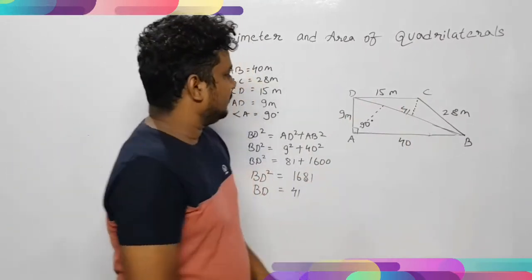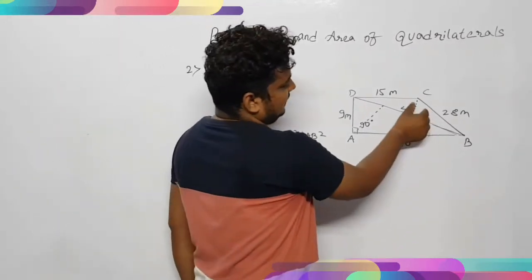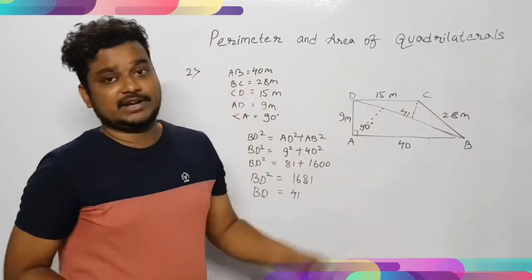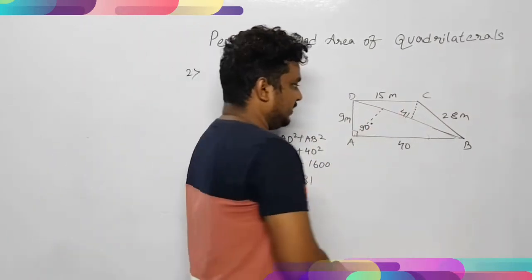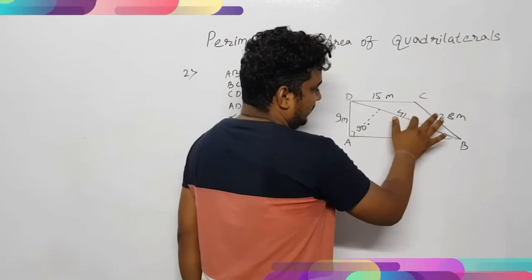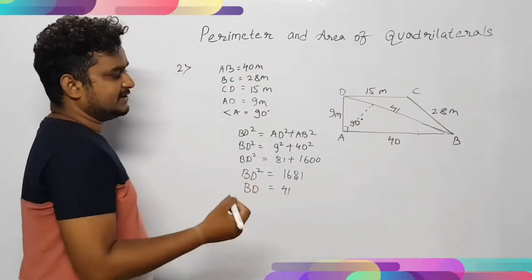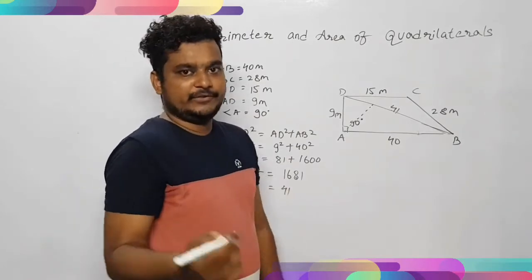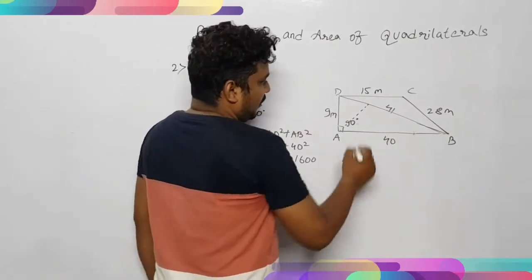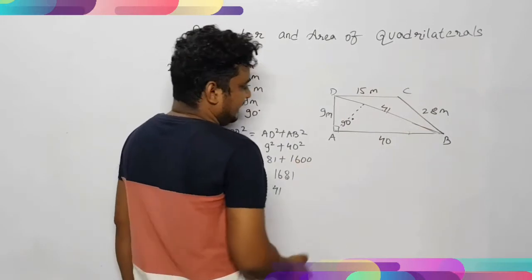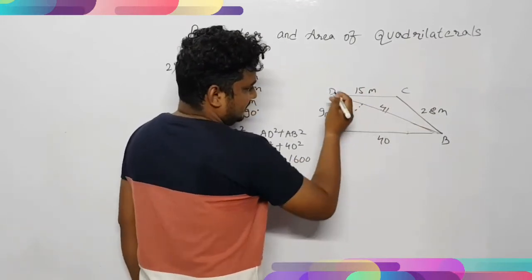In this particular question, it is not possible to find the height in the earlier stage, because we have insufficient data. So instead of finding this height, we will use Heron's formula, which we studied in the previous videos when we were dealing with triangles. Applying Heron's formula, we will find the area of triangle DBC.